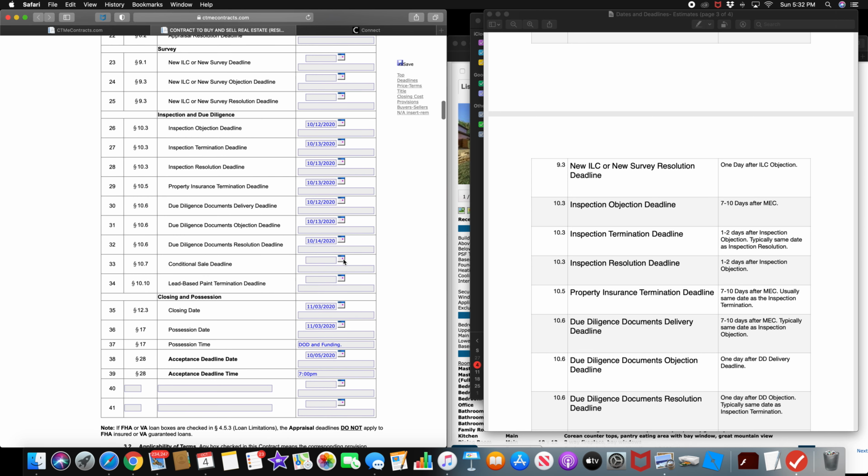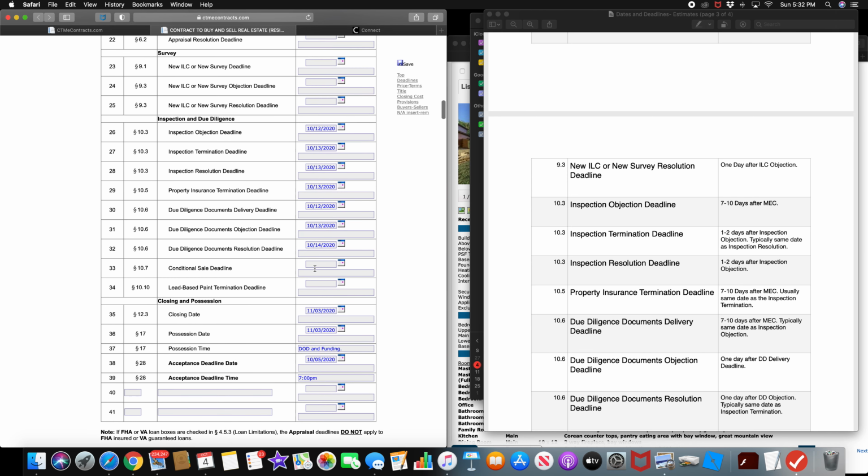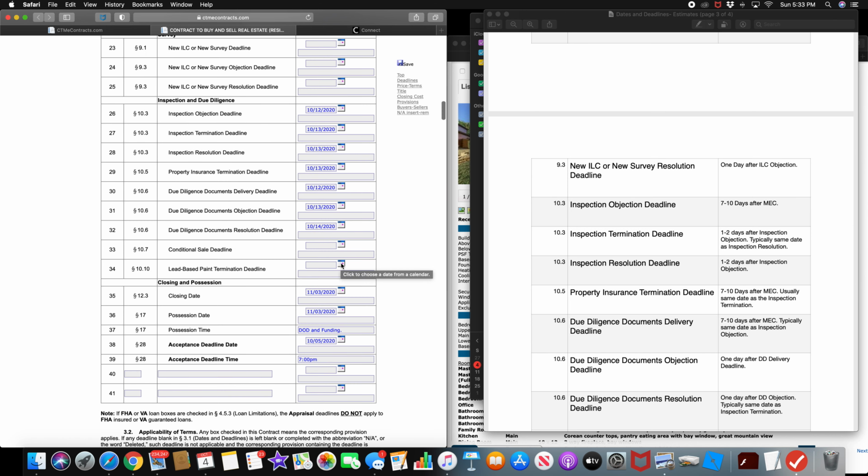Okay, conditional sale. Now, if your client is selling a property and it's contingent upon them selling it to buy another property, this is where that deadline is going to go. So the conditional sale is going to be the deadline that your client has to sell their property in order to buy this one. So let's just keep a scenario like they do. Okay, you've got it under contract right now, and